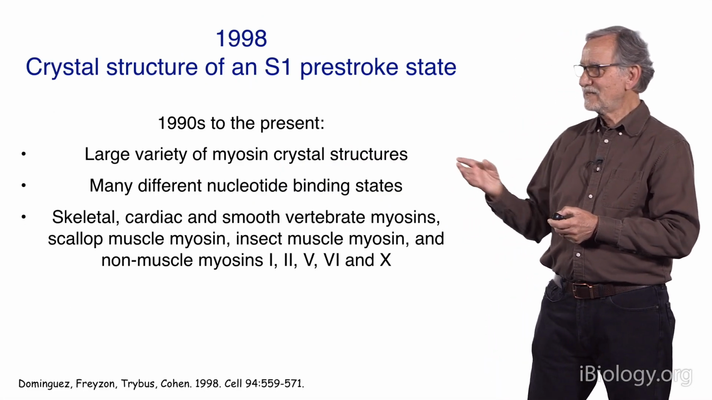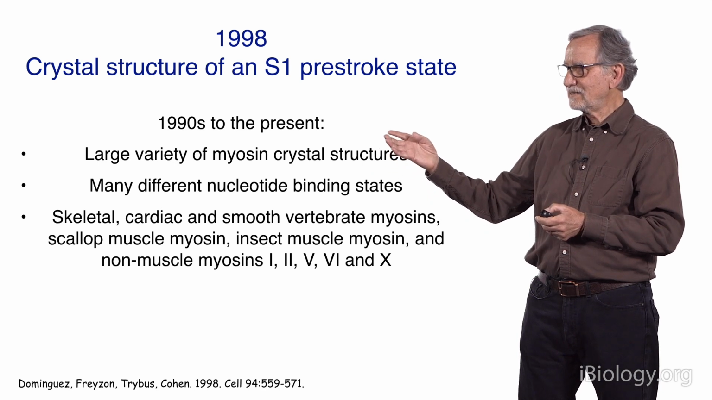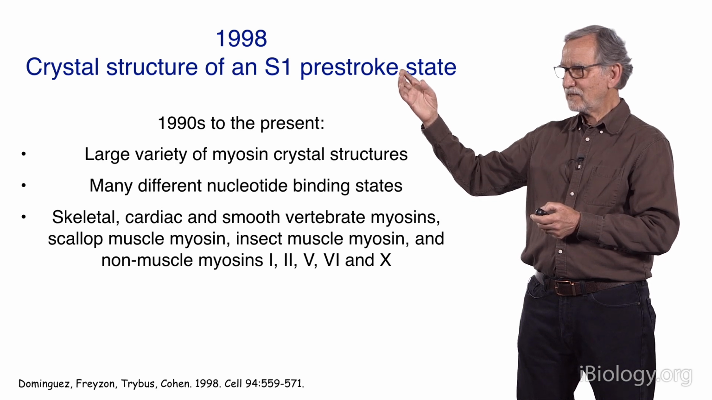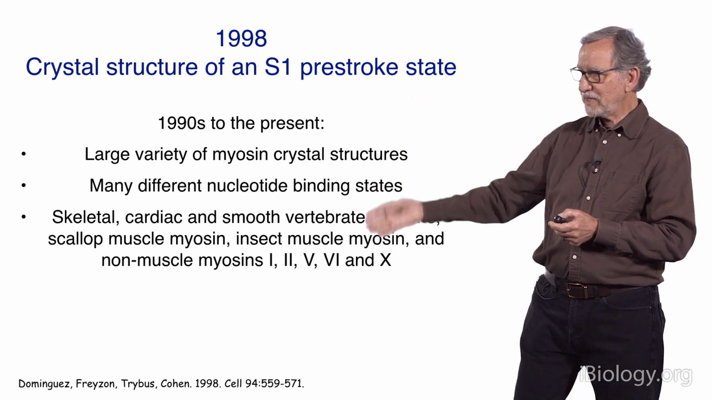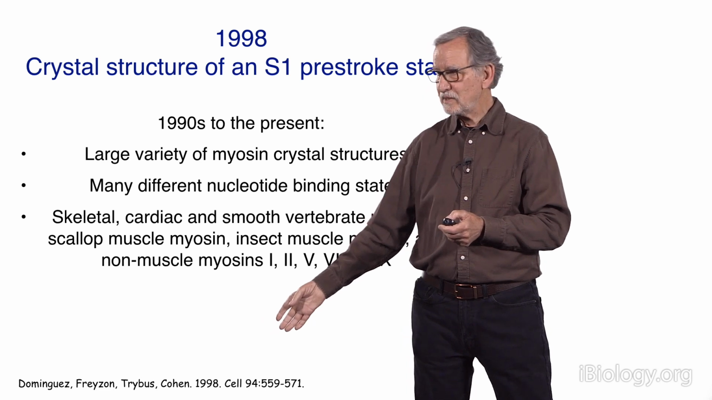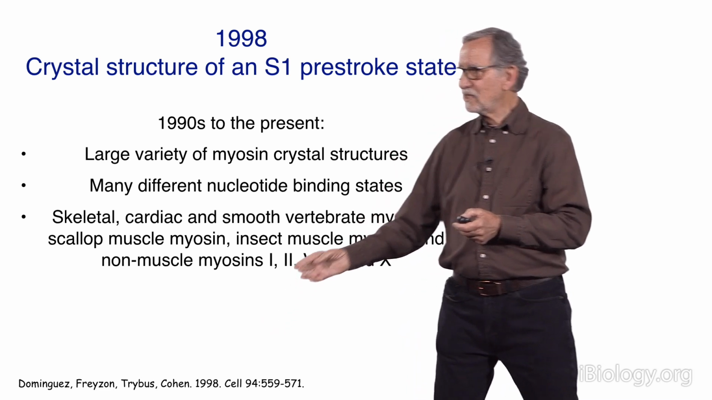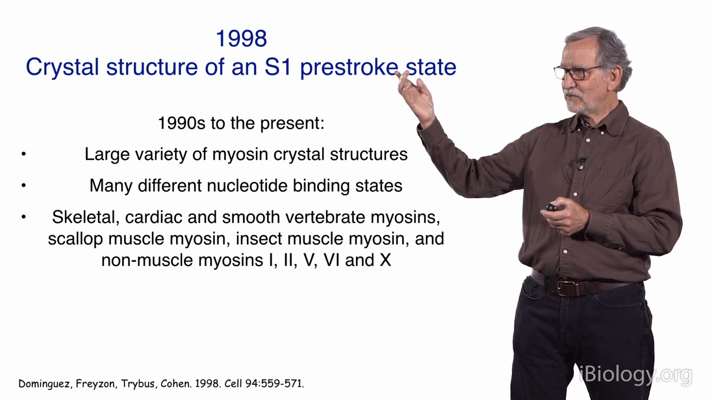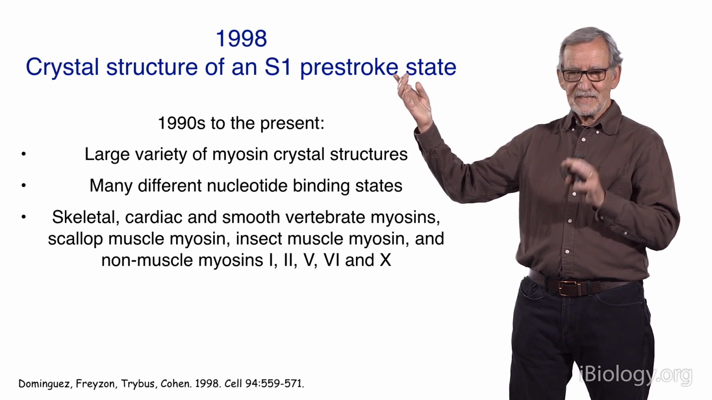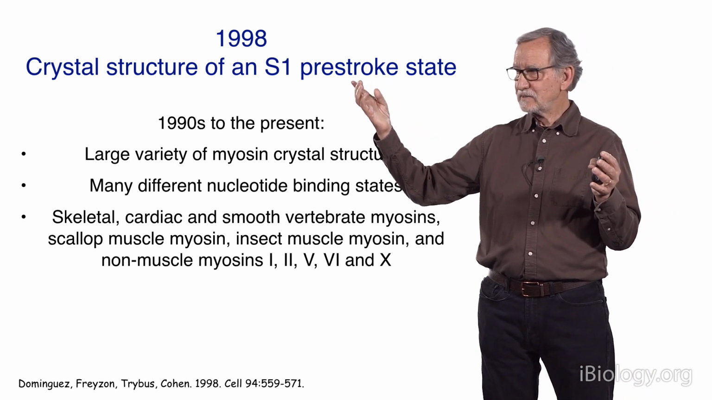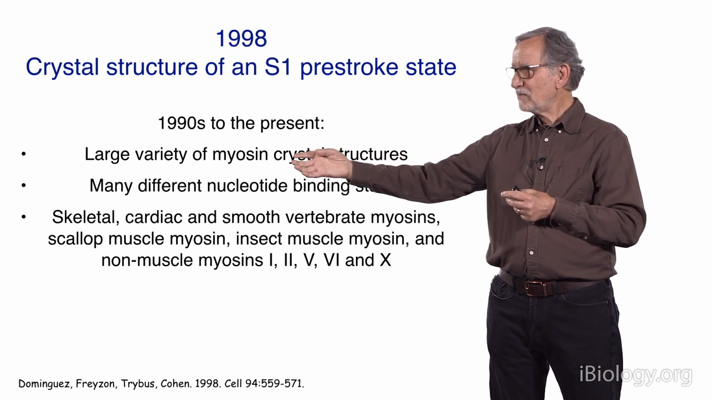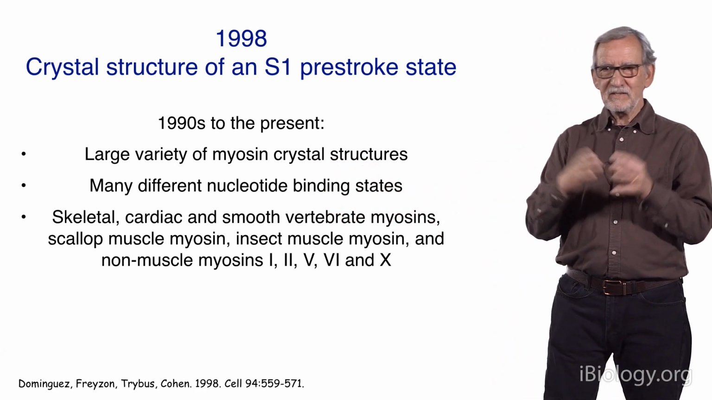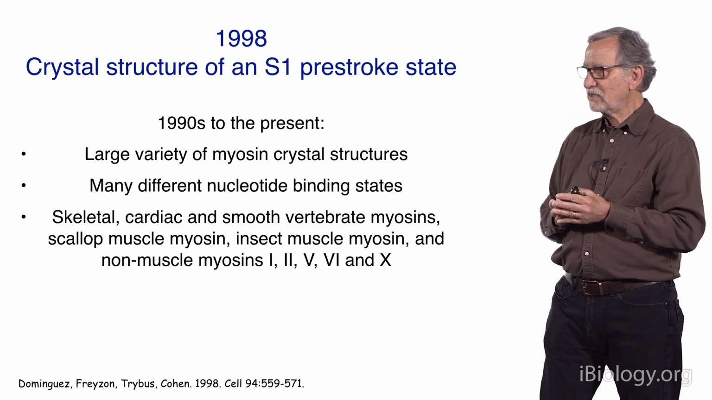Now from the 1990s to present, or especially in 1998, there was this critical paper from Dominguez, Friesen, Tribus, and Cohen from Brandeis University showing that they could isolate a different structure of the S1 head that's in its putative pre-stroke state. Okay? And from the 1990s to present, there have been a huge number by a large number of investigators looking at